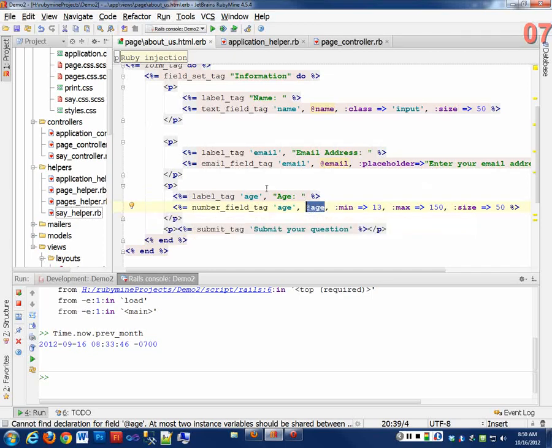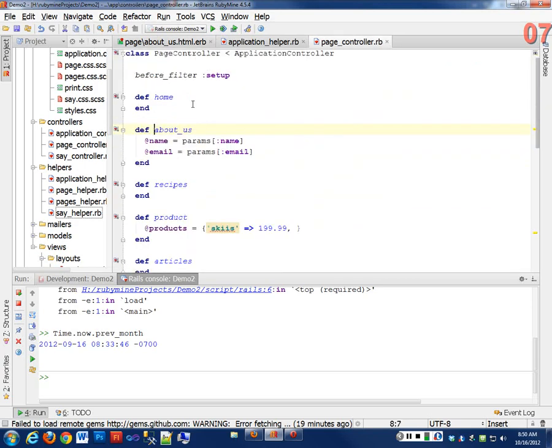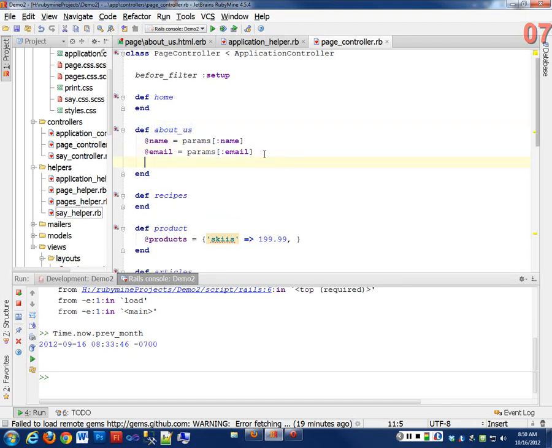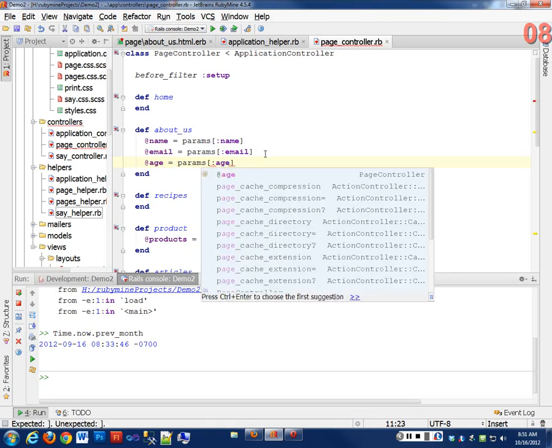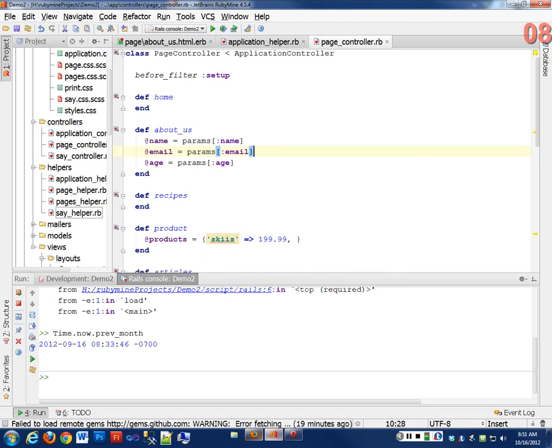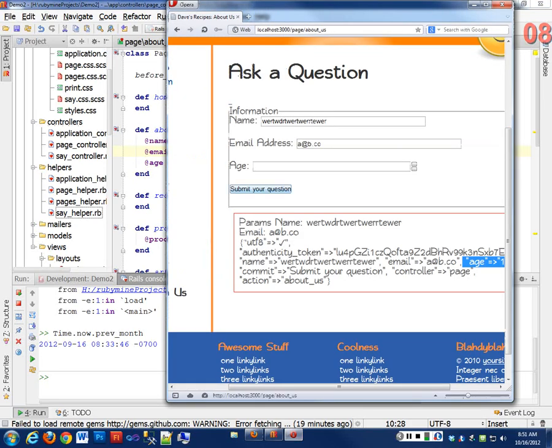Where do I get that value from? From my controller, right? And it is sent to the variable, to the params hash. And to make it available in my view, I normally set an instance variable. Remember that. Param sub what? Age. All right? So now if I reload this in Opera and put in a value of 50,